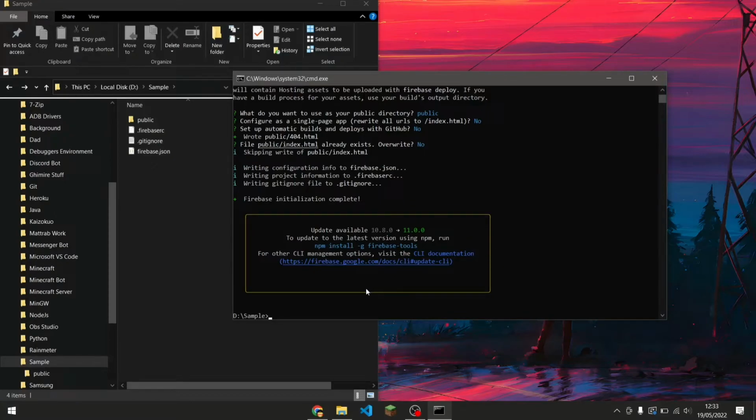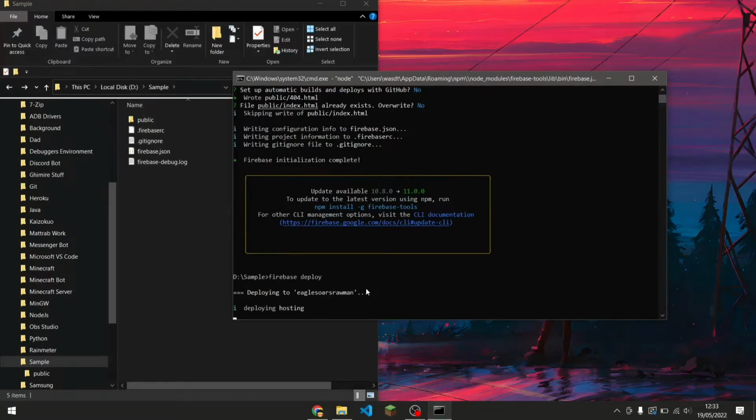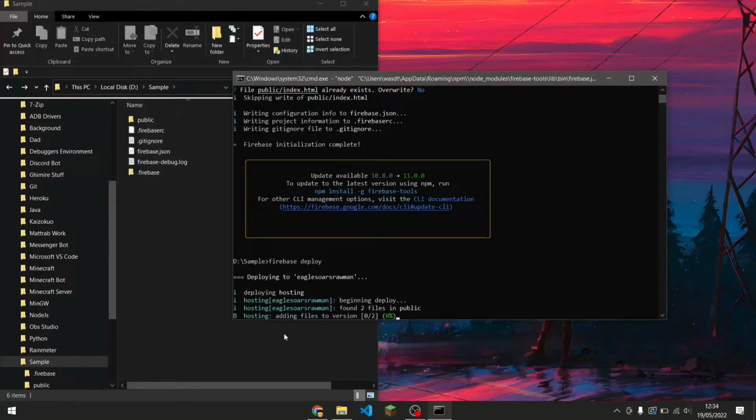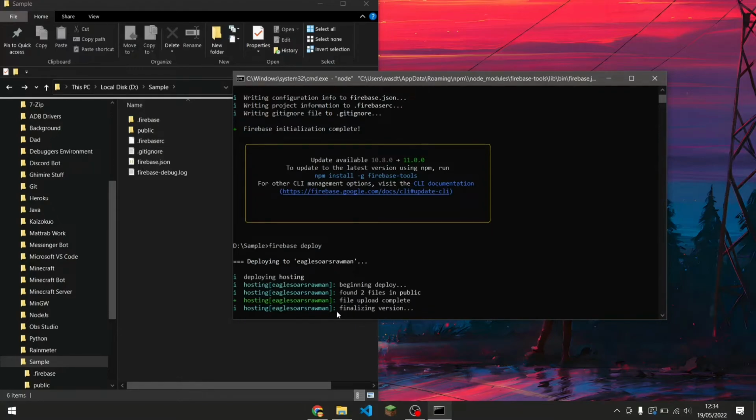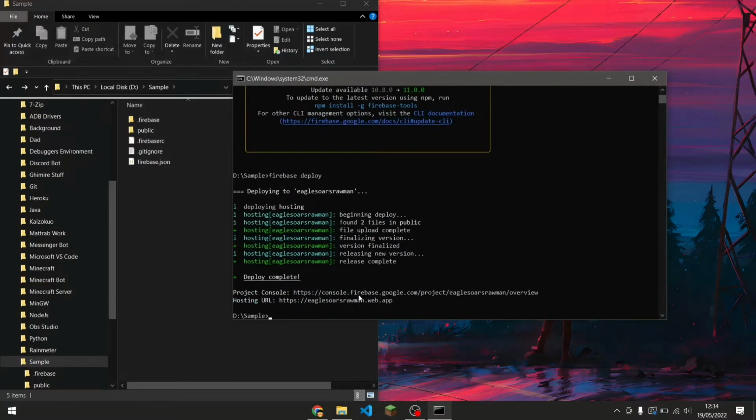And what you have to do now is just type firebase deploy. So you don't need to do anything else. Just type firebase deploy and press enter. Now it's going to upload all your files to the project, in the Google service or whatever, and now it's deploying the hosting. As you can see, it's adding the files to the version, and now finalizing the version, releasing the new version. Okay, the project is ready at